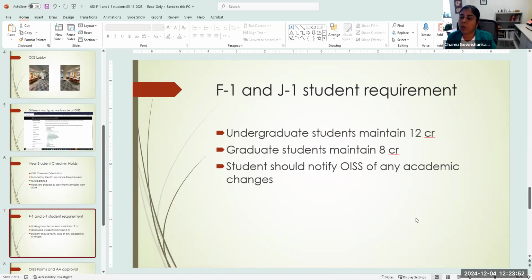But we are back to our old regulations, which means that the majority of the classes have to be in person, and only one class can be counted as online. So out of the 12 credits, 9 credits or 3 classes, or however the combination is, have to be in person. 1 class or 3 credits can be online.